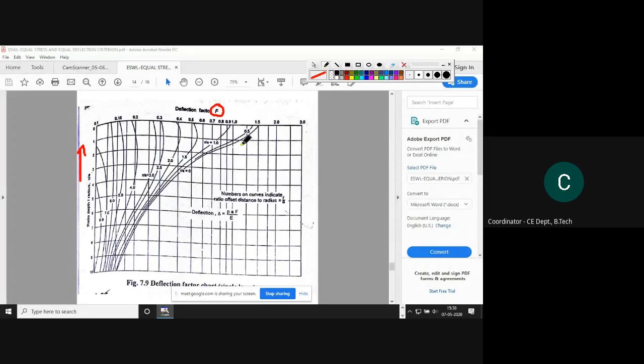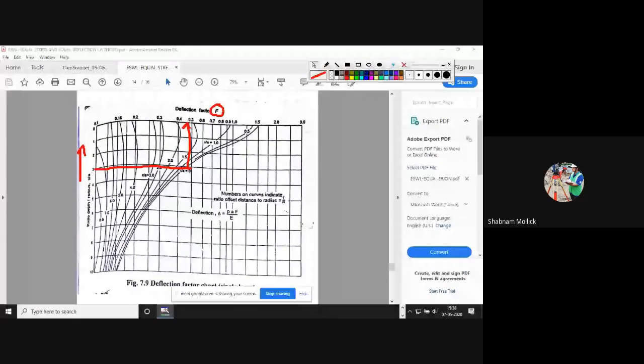The process is the same. Say for example, our first point Z by A was 3. Ma'am, deflection factor, so it will be a percentage, right? No, this is a factor only. Whatever it comes, whether it is 0.5, then it will be 0.5 only. And this is your R by A, suppose 0. So this line will touch here, somewhere here. So for the first case, I have taken it, and it came out to be 0.4.